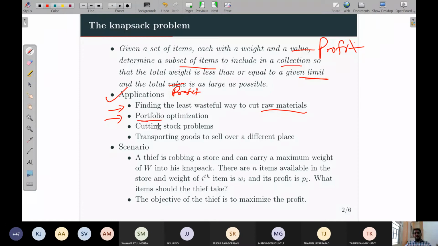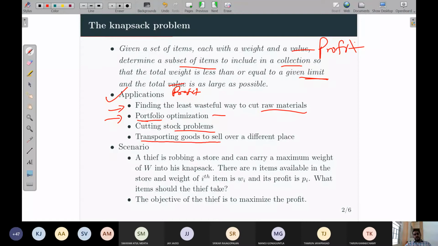You have the IT sector, you have the banking sector. You might have heard terms like Nifty, Bank Nifty, if you are into the stock market or observing it. Otherwise also it is okay. It's an application of the knapsack problem. That's all. There is no need of learning the stock market for this. Then the cutting stock problem, same thing, it's also related.